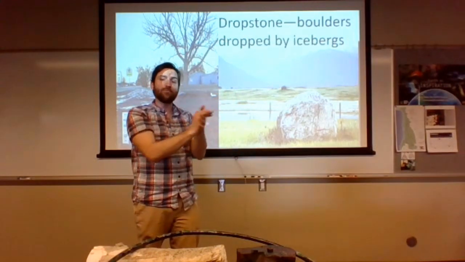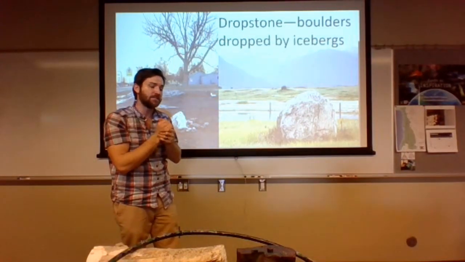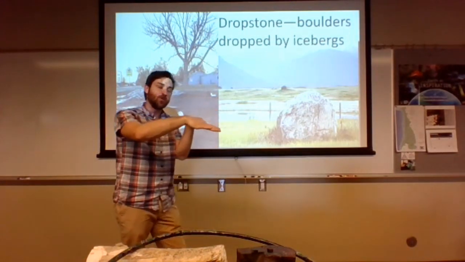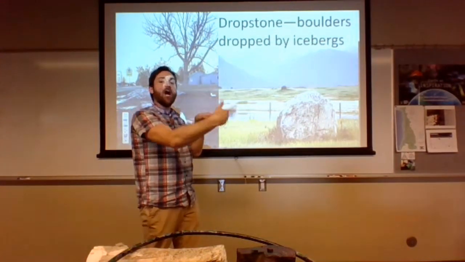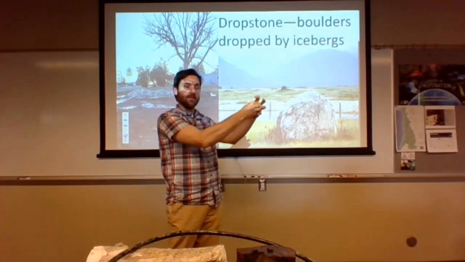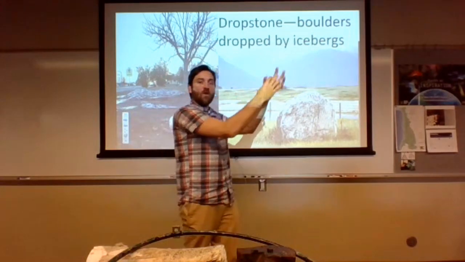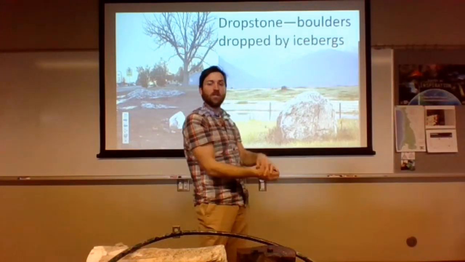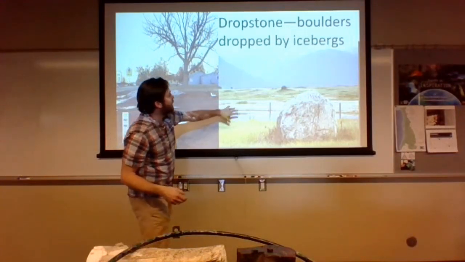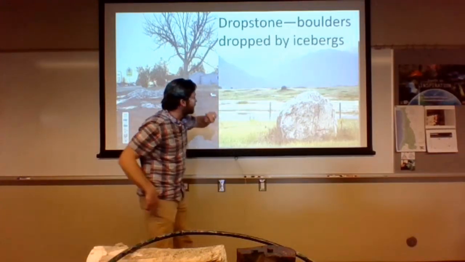It's a drop stone. Or in another case, like say in the fjords of Greenland, where glaciers are going directly into the ocean, and then those glaciers are calving off, and then icebergs float away, and they have rocks containing them. They eventually melt away, and those rocks drop out to the bottom of the ocean. Again, drop stones, okay? So this is an image of a drop stone out here in the middle of the